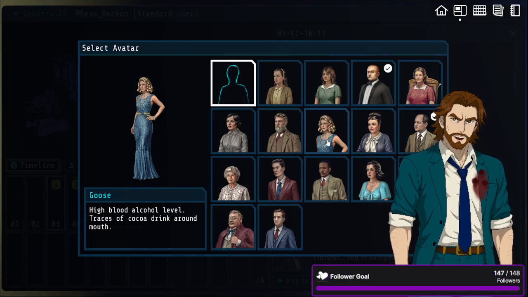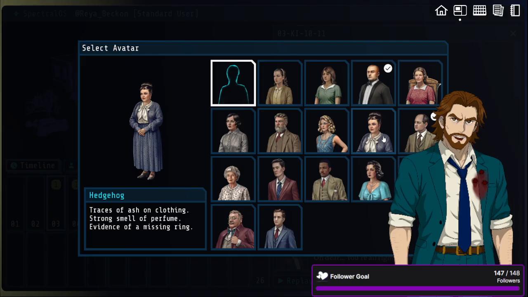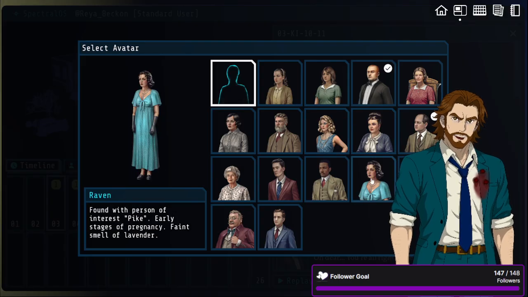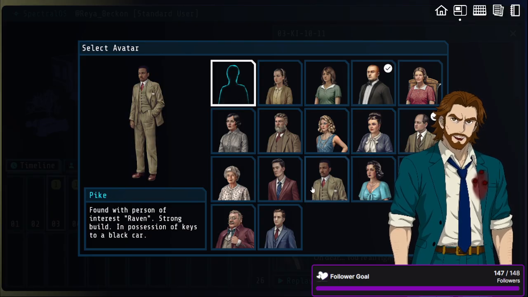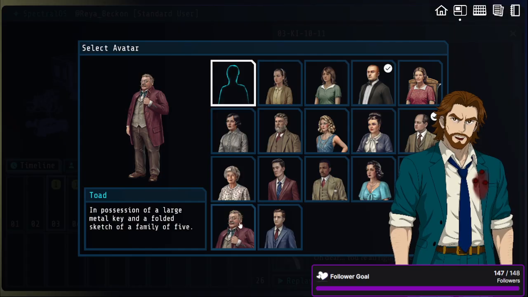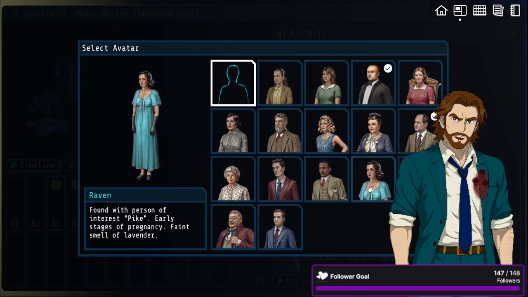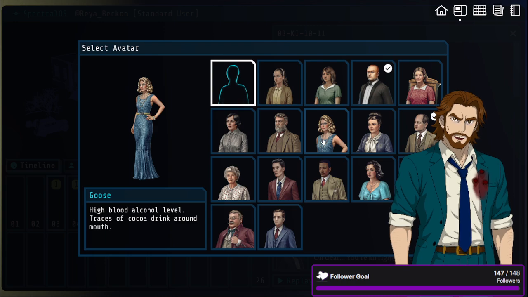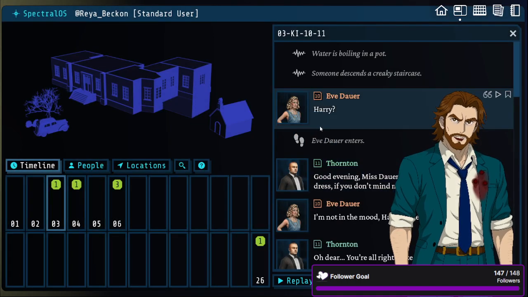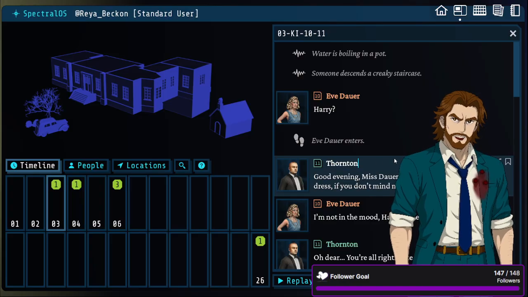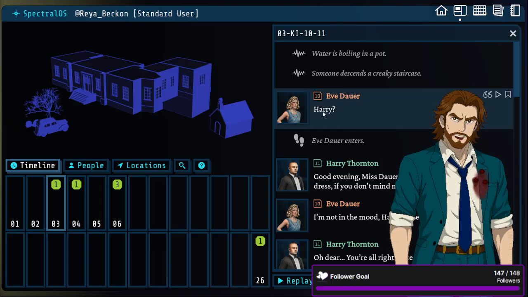We could probably assume this is her, because again, she's wearing a dress. Trying to see who's really wearing a dress here. There's not a lot of dresses, but traces of the cocoa drink. Well, obviously we just saw her drink. We could probably put that there. She is calling him Harry, so we're just gonna go lock that one in too.